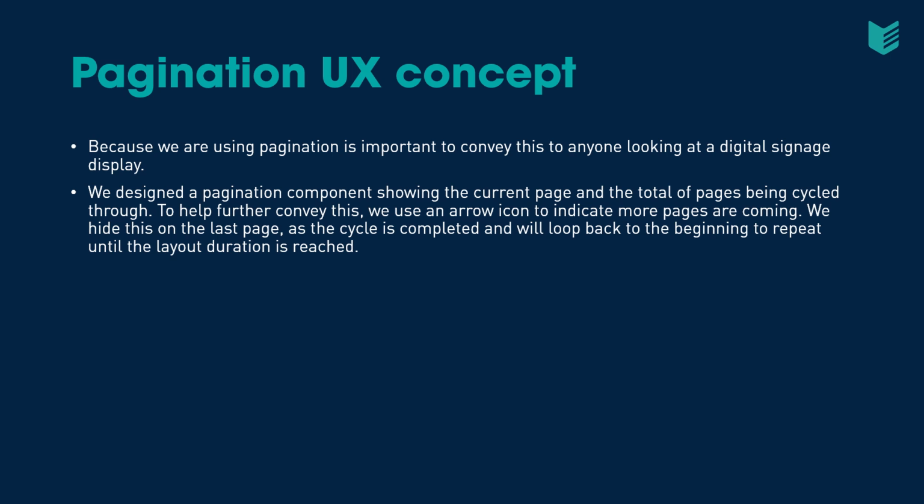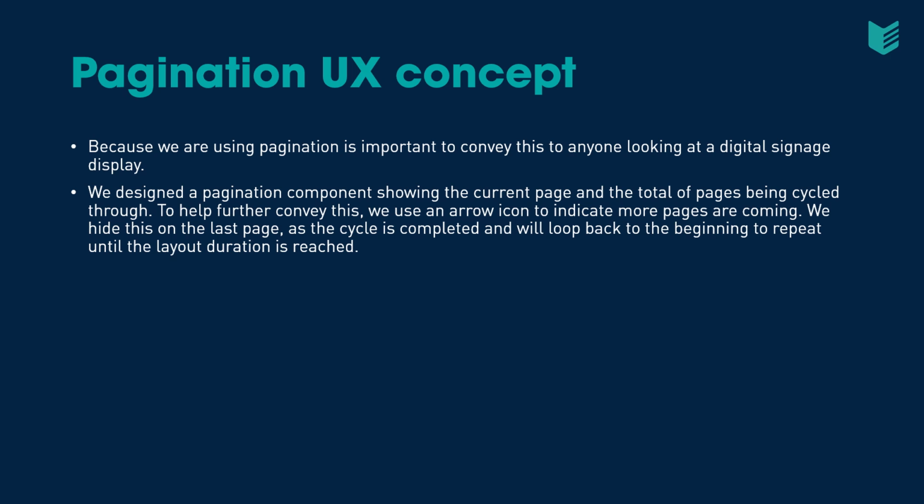To help further convey this, we use a little arrow icon, which you probably noticed on the videos, that is a further reference or an indication that more pages are coming. However, we hide it on the last page because at that point the cycle is technically completed. With the carousel setup that we're using, it will loop back to the beginning and just keep repeating until the